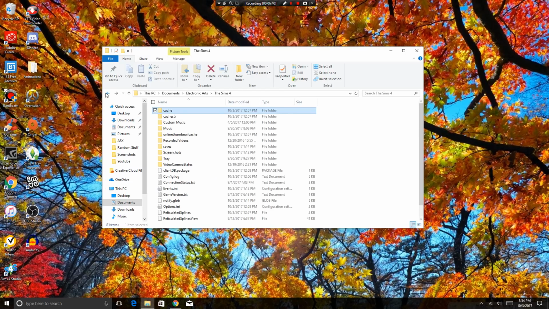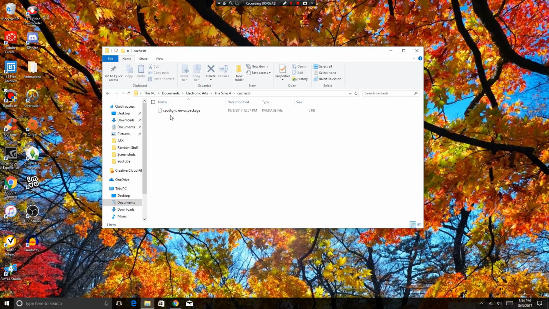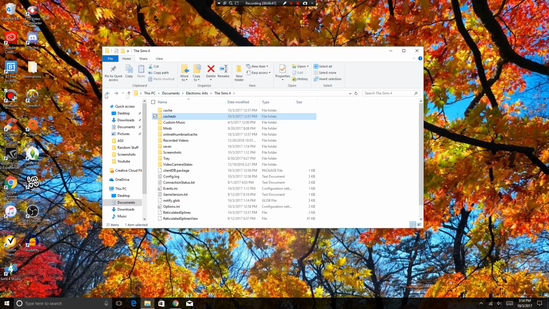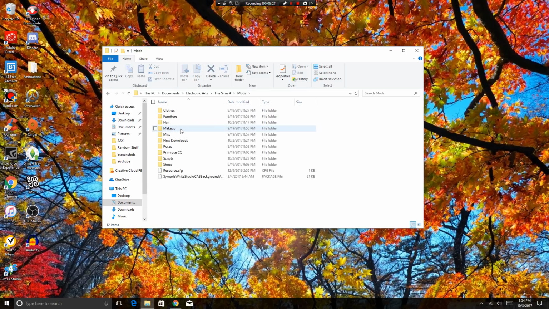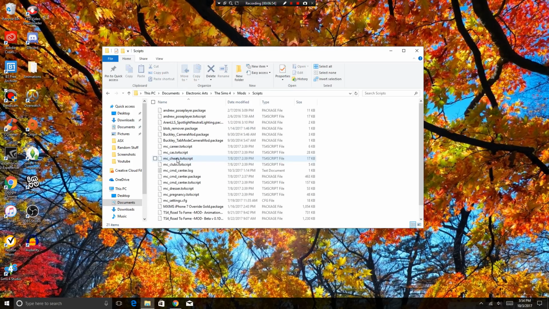My cache folder is empty. Let's check this. You can delete this or you can keep this. Does not matter. It usually comes back. It's no big deal. But yeah, and then what I would do is I would go to my mods, locate whatever the script is. So I'm having a problem with the pulse player script file, and I don't know if there's an updated version,